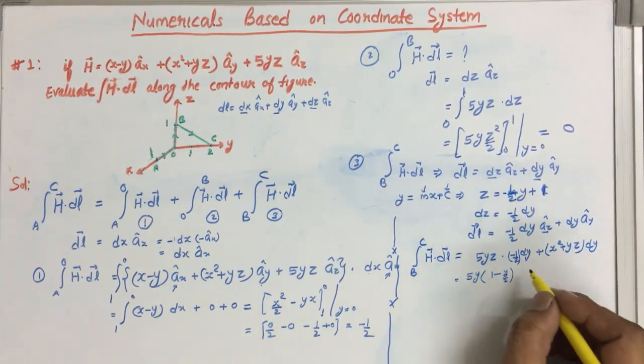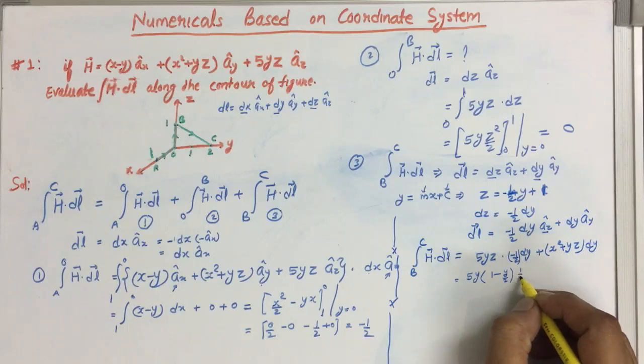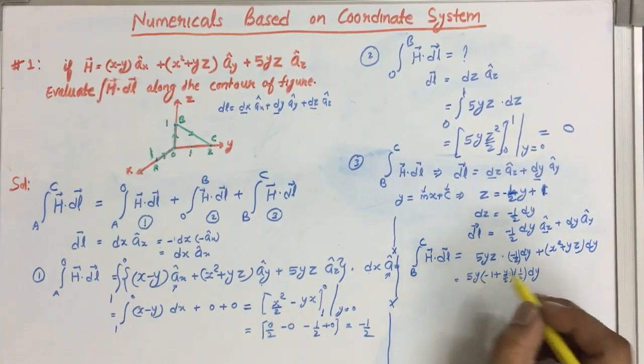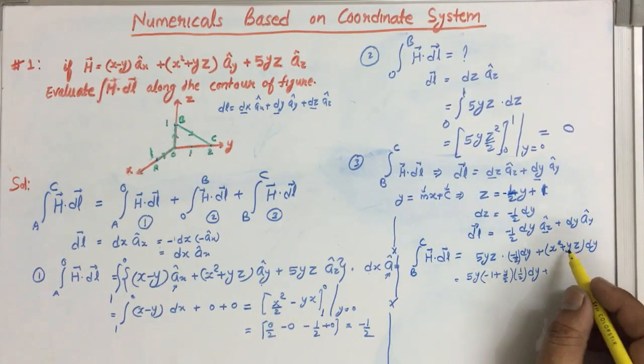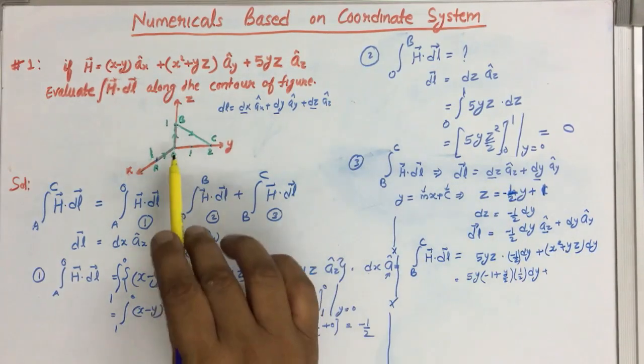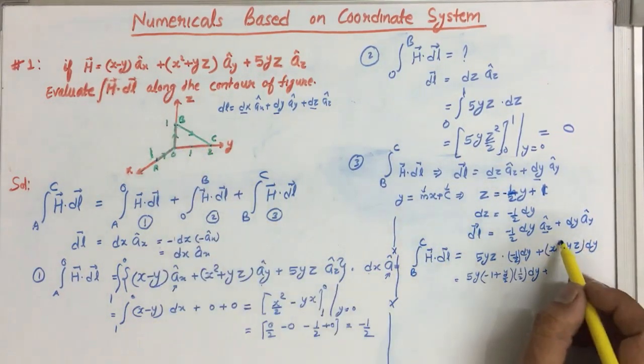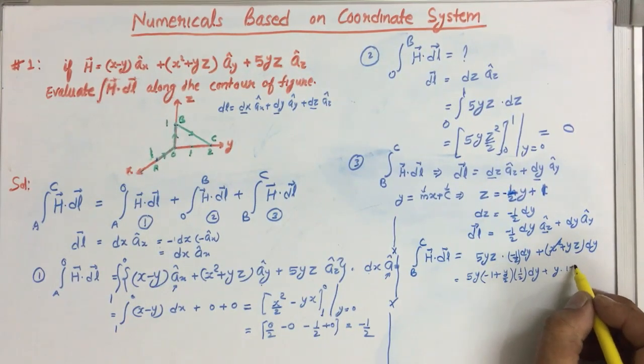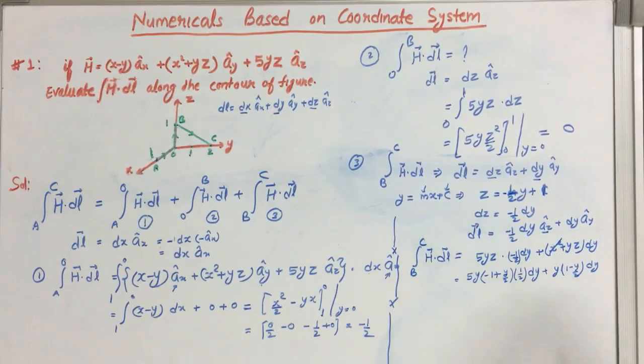This will be z multiplied with minus half dy, plus x square, which will be 0 because x is constant here. And y with z can be 1 minus y by 2 into dy. Now solve it. You can say minus 5 by 2 y dy